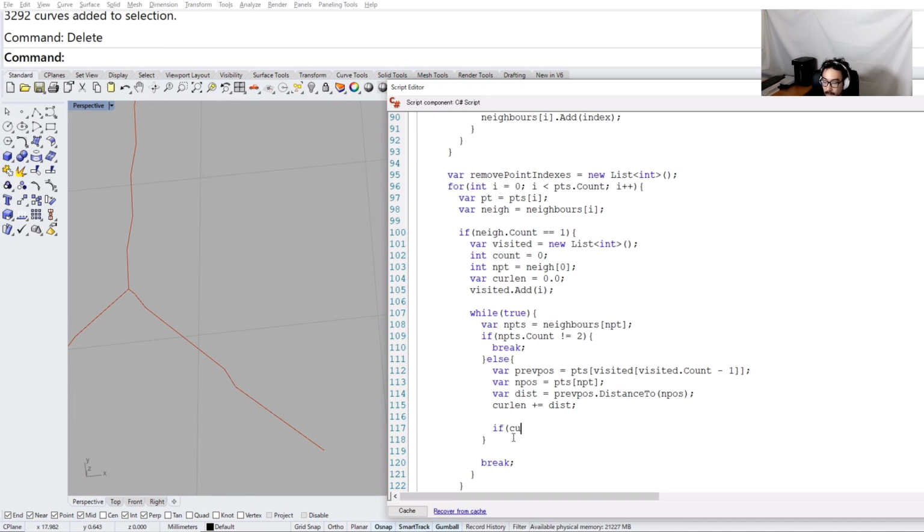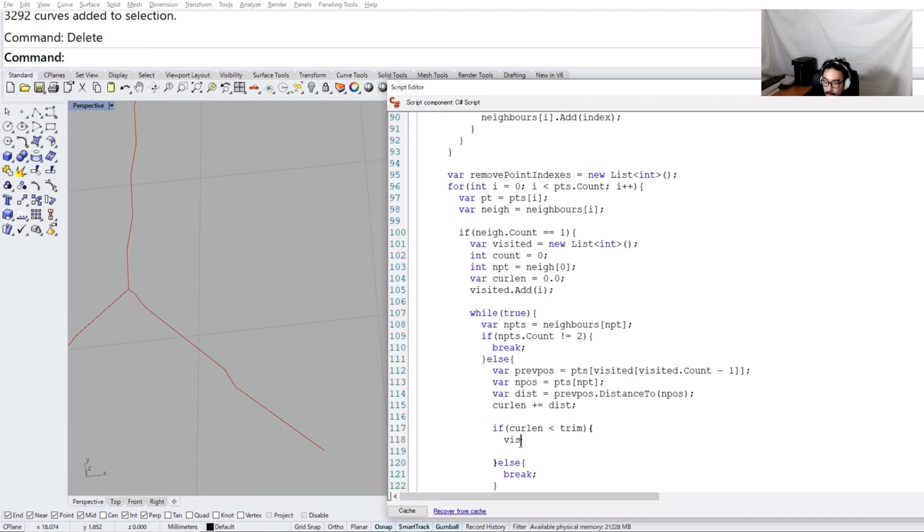And if the current length is less than trim, then continue doing the calculation. If not, break the loop. You want to exit the loop because it reaches the maximum. If it's not reaching the maximum yet, then